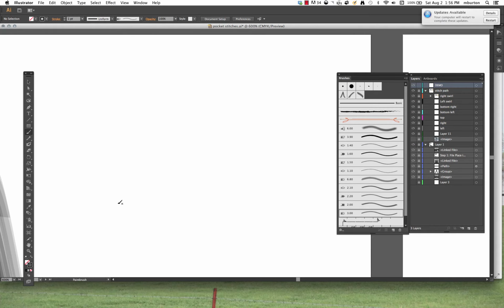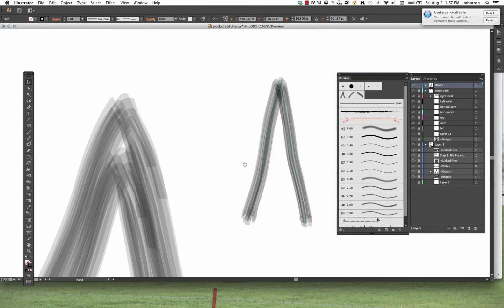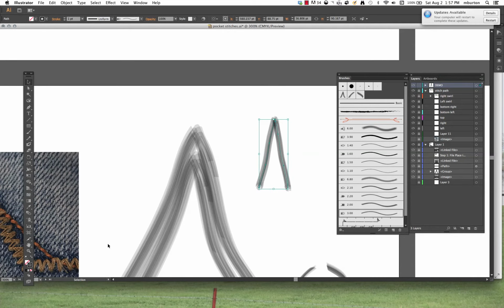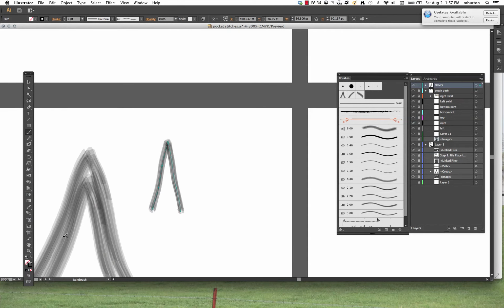With the brush and your Wacom tablet, you're going to want to make an upside down V. That should be pretty good there. This is your basic stitch. Now you're going to come over and you're going to select it. Now, I was looking at this image and I noticed that it's actually 2 stitches here. But since I want this sort of double look, all I'm going to do is select this stroke